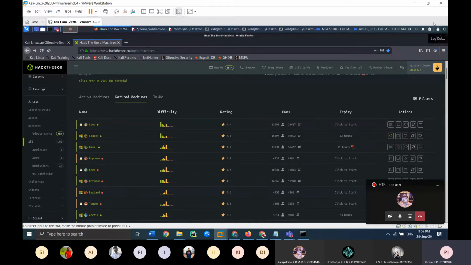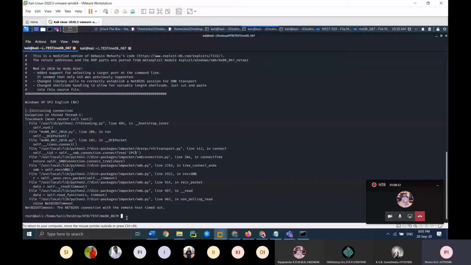Okay, in the meantime, we will generate the payload. What you have to do is, again, connect a reverse TCP shell. You will be using MSFvenom. MSFvenom is the best tool to generate payloads and all. So you will be generating a Windows reverse TCP shell.